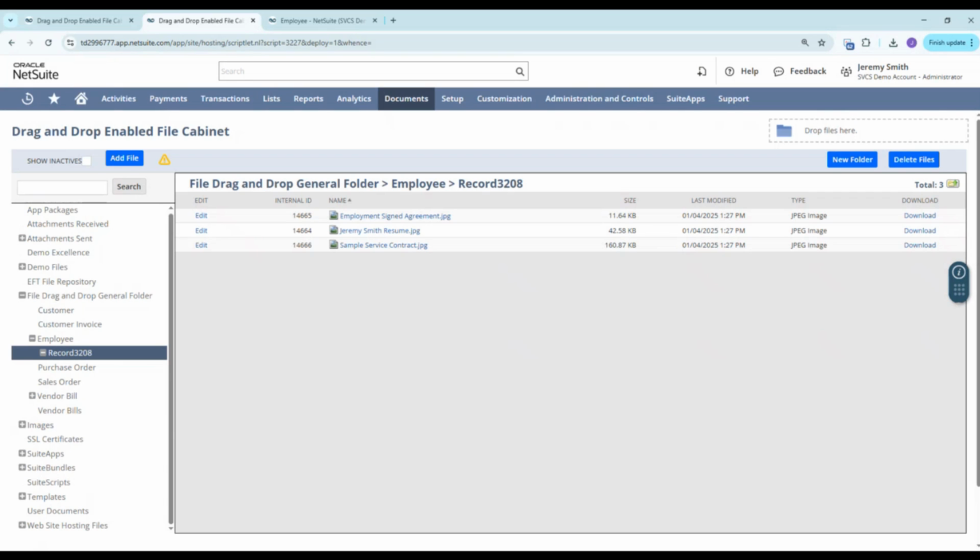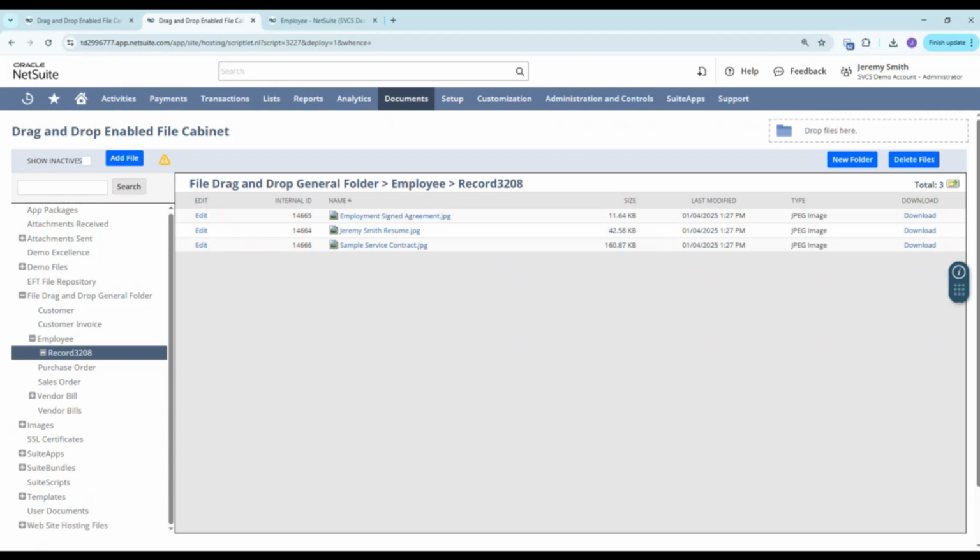It also enhances collaboration within the team because team members can access attached documents directly from the records, improving the workflow and communication, especially if you need those references for approval purposes or for record keeping. And most importantly, it provides security and compliance. All uploaded files are stored within NetSuite's secure file management system, ensuring compliance with organizational data policies, depending on the policies that you have established internally.